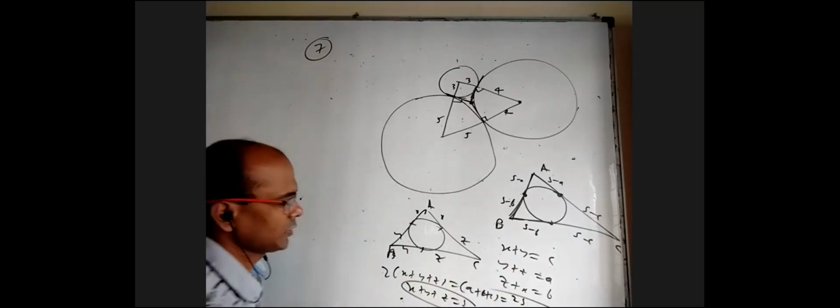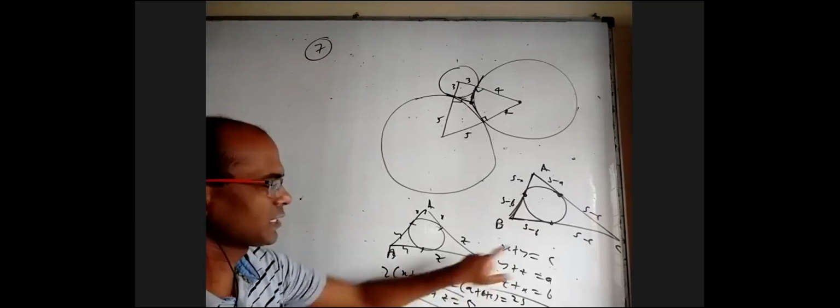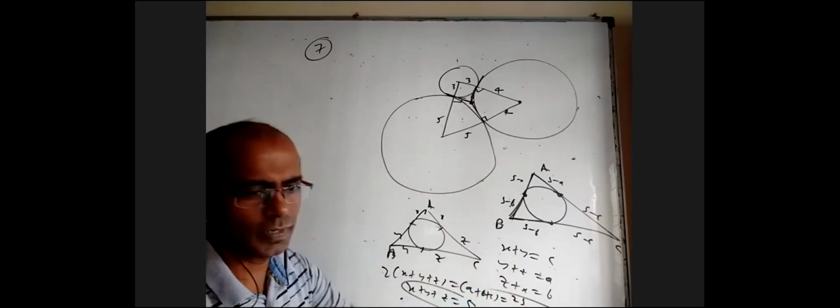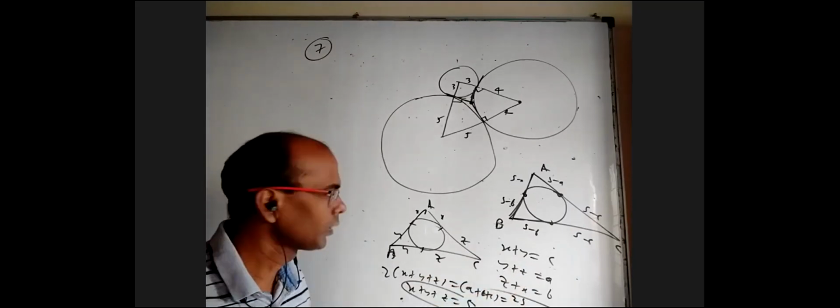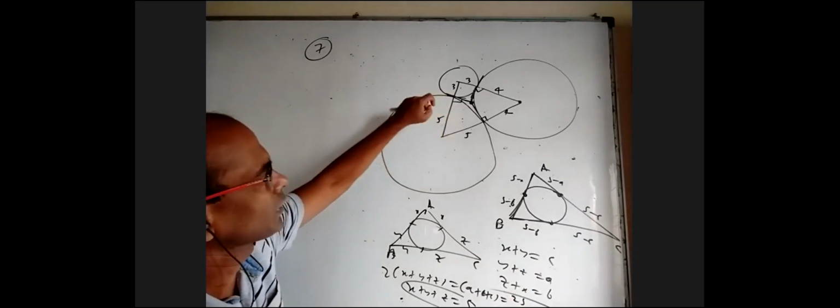Now from this you subtract this, you will get z as s minus c. You subtract this, you will get x as s minus a, y as s minus b. You can understand that. Okay, now what is the advantage? May not be required. s minus a is 3, s minus b is 4. Like that also you can make out here.